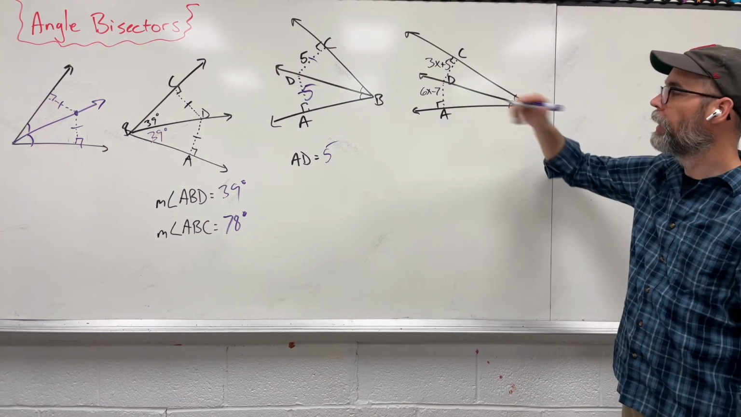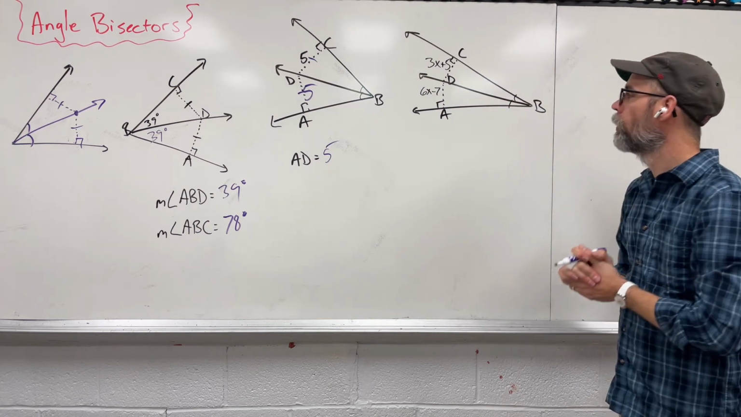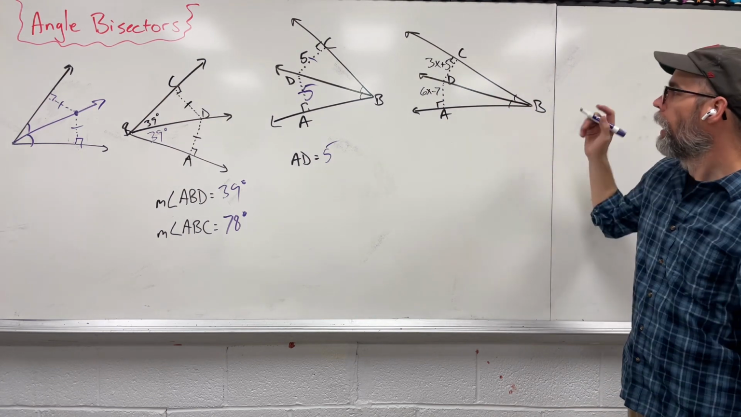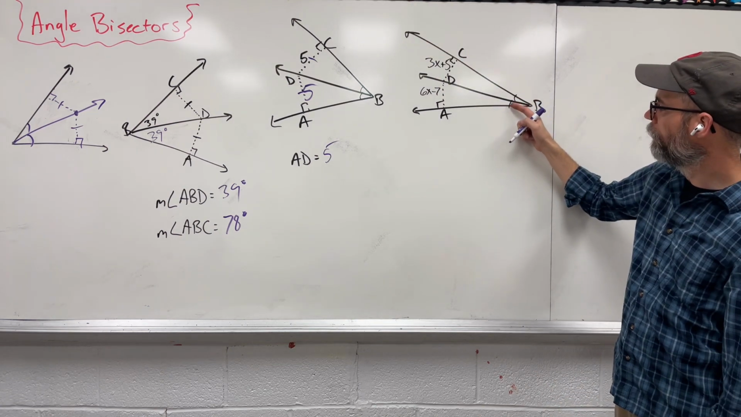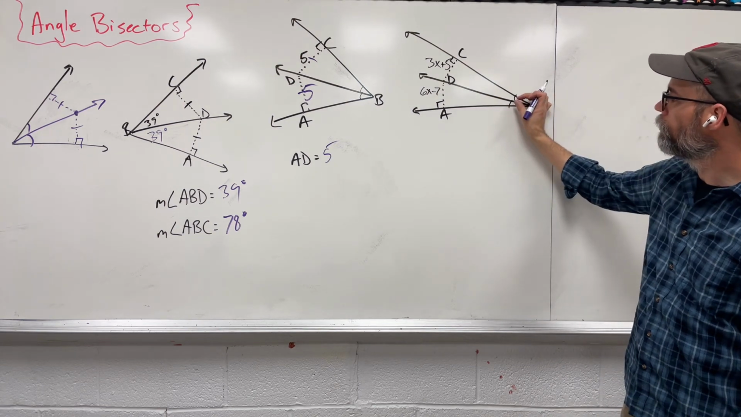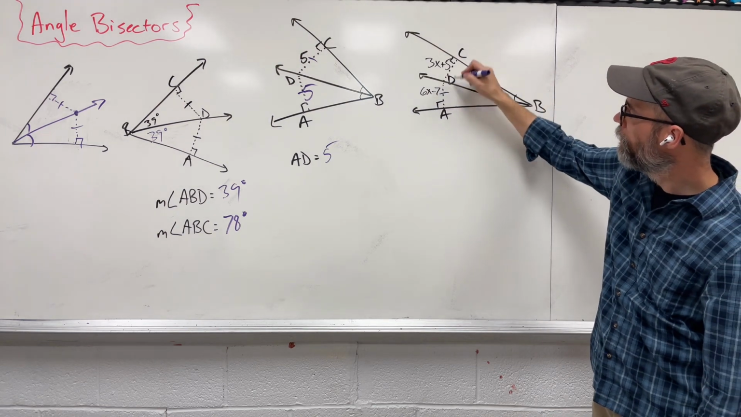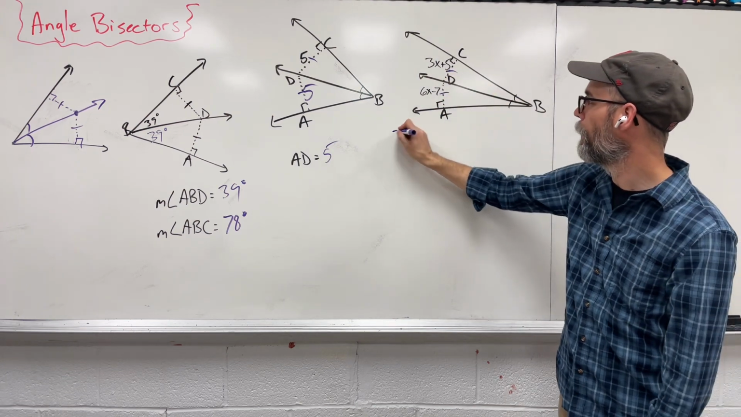What about when we actually have x's in here that we have to find? Well, same rules apply. I have a line cutting down the middle of this angle. It happens to give us two small, same angles, so this is a bisector. Because those are the same, that means these are the same. So that means 3x plus 5 is the same as